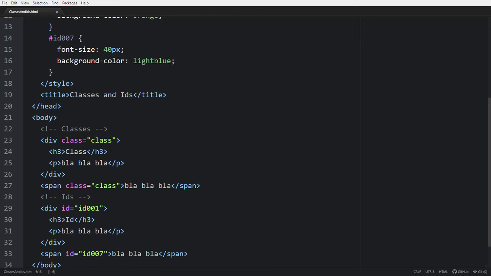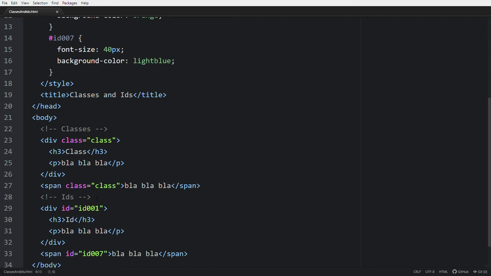So you can give multiple elements the same class attribute value. That is possible. So you can change multiple elements at the same time with the same class attribute value, like these two elements. One is a div, which is a block element, and the span is an inline element. Both elements are getting affected by the class.